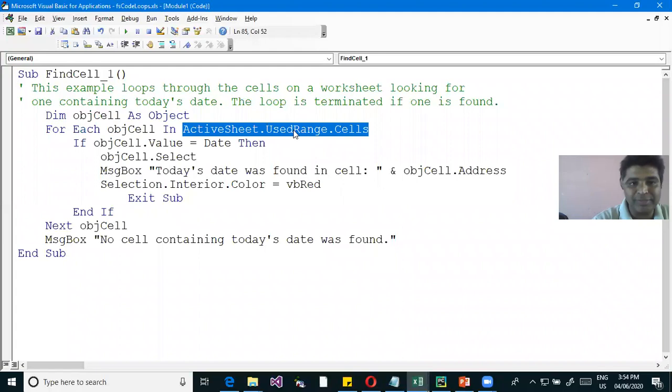So for that, I've just written this ActiveSheet.UsedRange.Cells. That means in that whole Excel sheet, look only for those cells which have some data, which have been used. So don't look for the cells which are not used or which have been untouched, because we have many untouched cells, hardly 1% of the cells we have used. So that means we are just reducing the number of iterations. Then within that used range of cells,